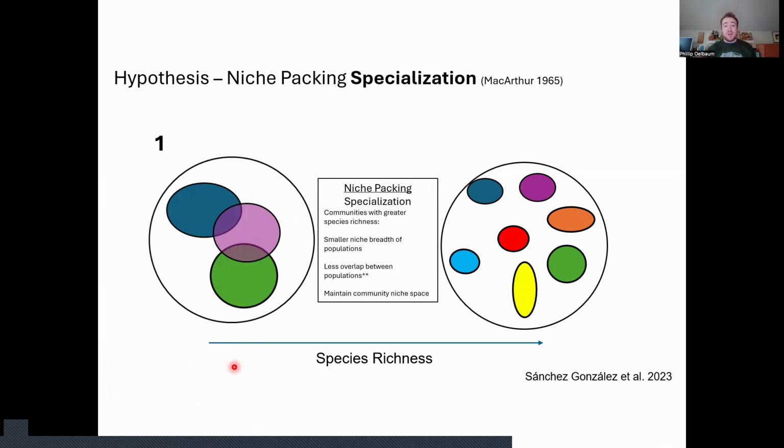The first one that we were examining was niche packing through specialization. As you get to sites where there are more species, niches sort of collapse down. Animals become more specialized when they're faced with greater competition. So, I'm really good at this, I'm going to get better at this, and that way I don't have to share my resources with other people,